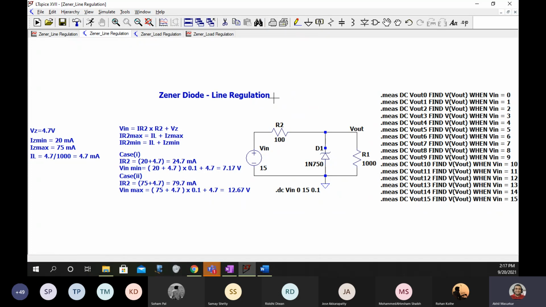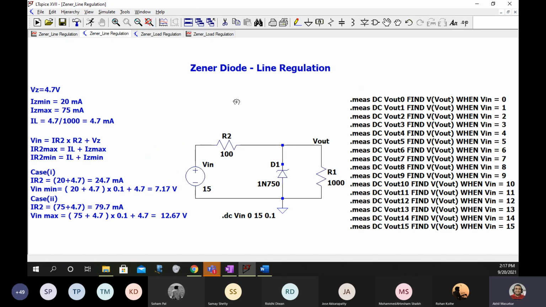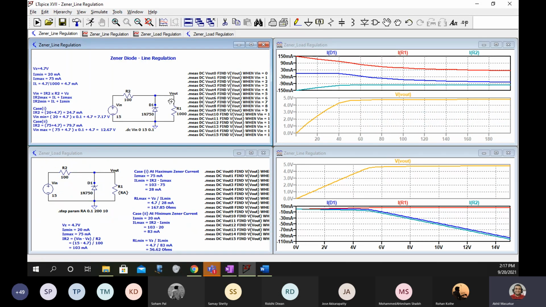So now I'm adding some more commands just to make things a bit more interesting. Okay, somewhat like this. And now I'm running this first file with line regulation, and now I'm seeing the spice error log.